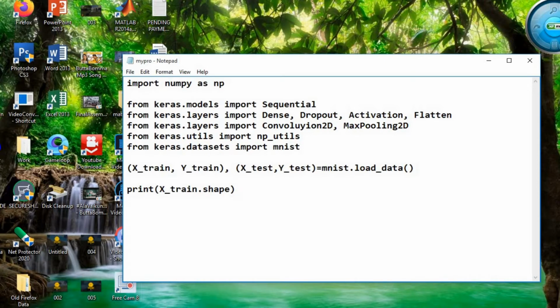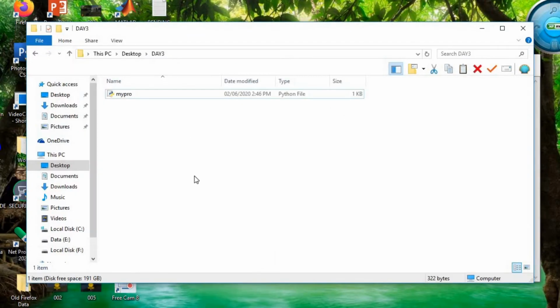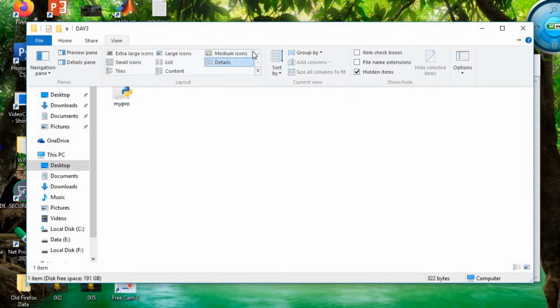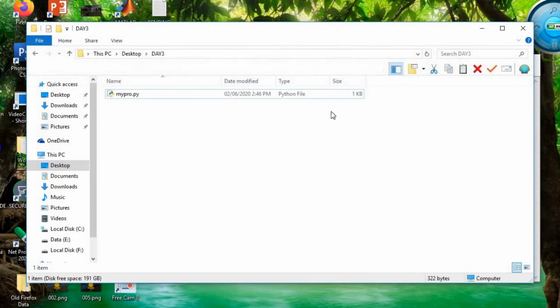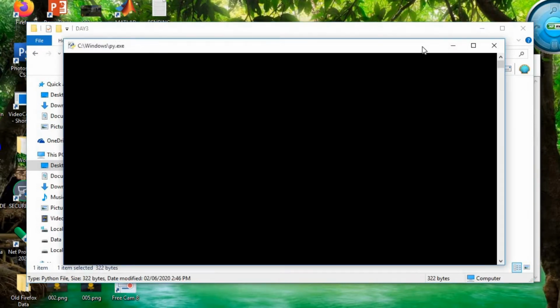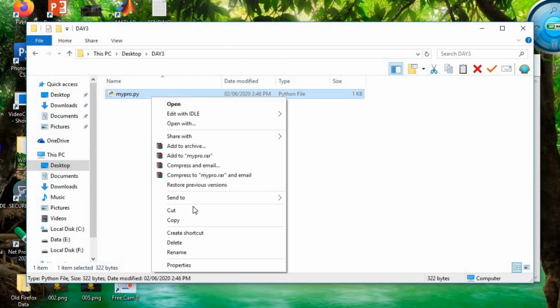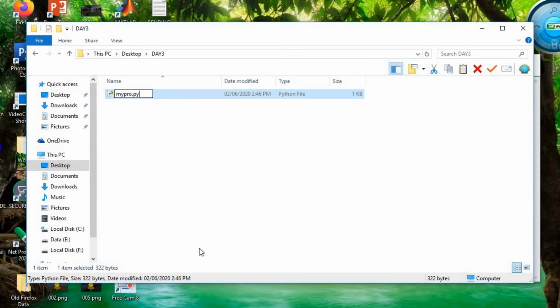Next, if you have to check inside a folder whether the icon of the file is taken as a Python type of file, and it is not, you have to enable the file name extension first to check whether the file is saved as .txt or .py, because most of the time Notepad saves the file as txt. If it is of type txt, you can simply change the extension here. Suppose it is .txt, then change it to .py. So it will become a file compatible with Python.